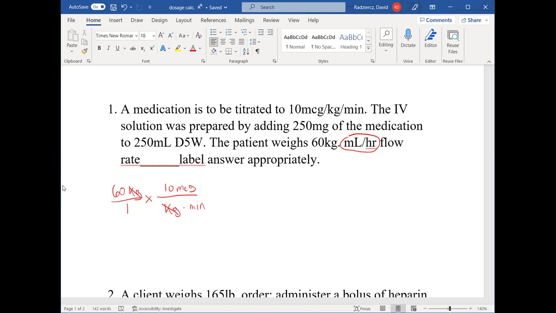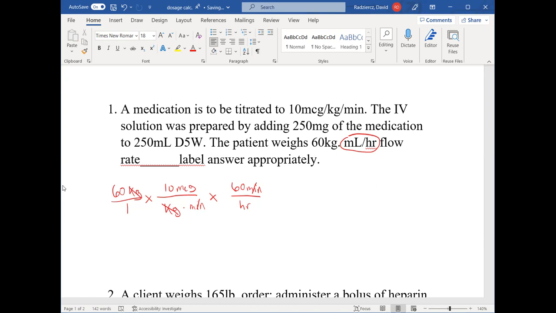If you want to do that, if you want to wait, that's perfectly fine. But before we move on anywhere, I'm going to recommend that you go ahead and convert your minutes to hours. The reason being is because it's the next seemingly logical step, because you know you're working towards per hour. You may not know until you look back at the question what you're going to do with this